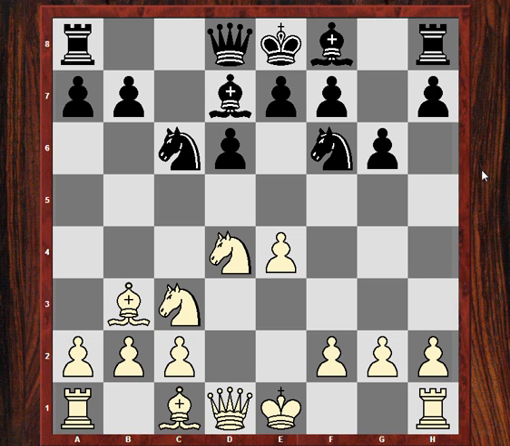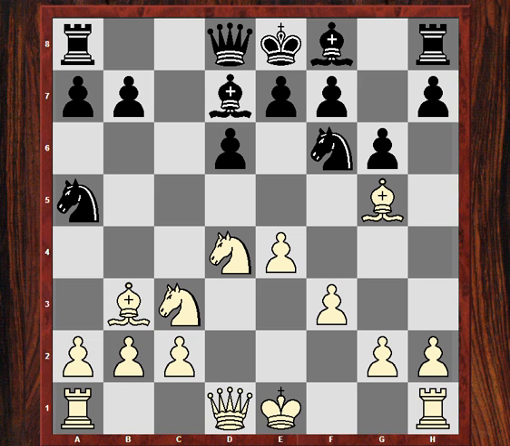Okay, so the bishop d7 has already been inserted here. f3, standard move against the Sicilian dragon. Knight a5. Now bishop g5, which is more aggressive perhaps than bishop e3. Okay, bishop g7, queen d2,